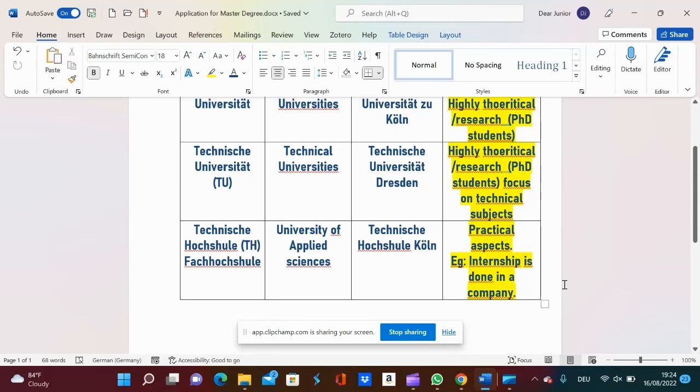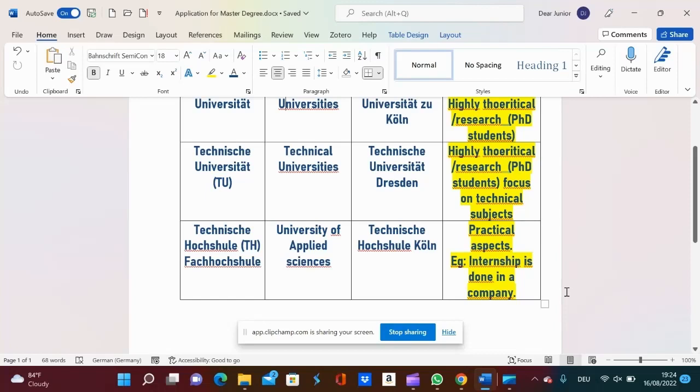All right, it depends. And I'd like to tell you something. In Germany, almost 95% of courses offered in public universities are tuition free. Yeah, they are tuition free. You do not have to pay school fees. That is in public universities, but not all universities are tuition free. Some of the public universities also take tuition, but it's just minimal, right? 95% of public universities plus the courses they do are tuition free.